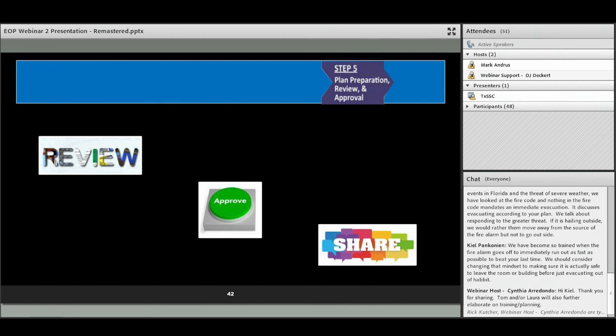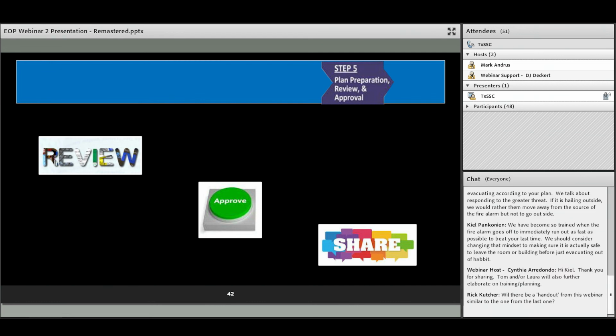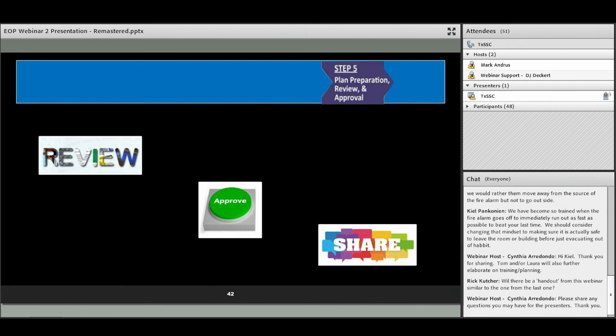Okay, so the final part of this step would be to review, approve, and share. Once everybody has drafted the plan, it's really important to have a broad spectrum of stakeholders review it. You want lots of pairs of eyes on this document. Common sense tells you that, but we want to make sure that your plan is actionable.